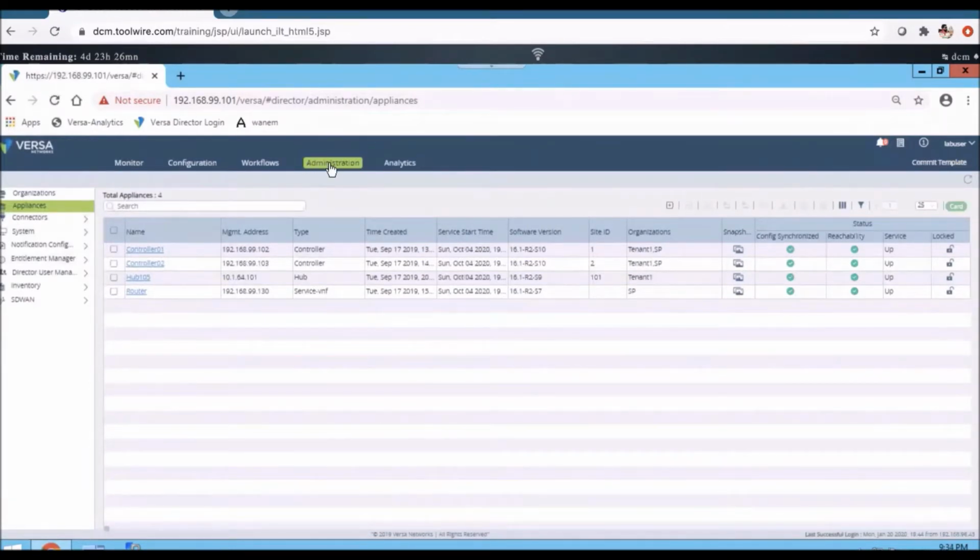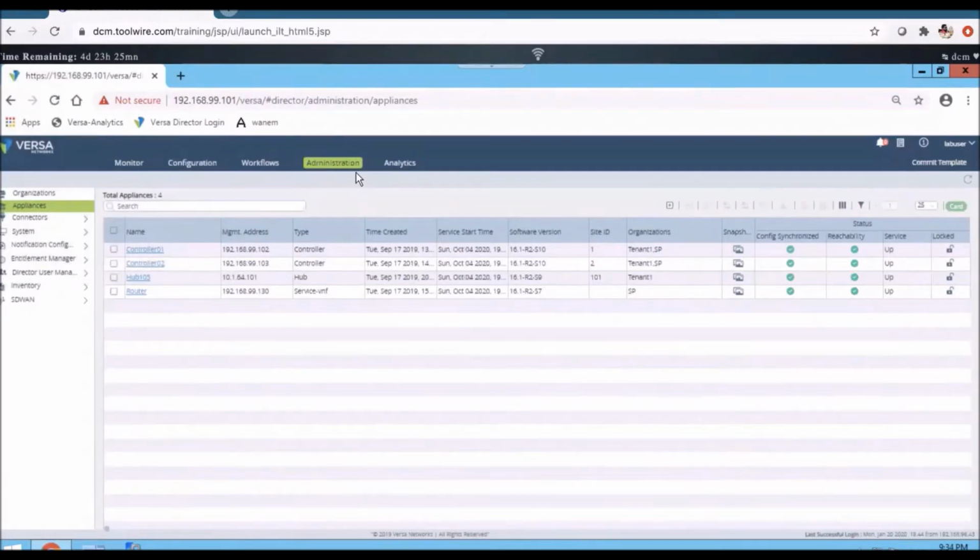When it comes to the analytics outputs, we are going to work under this analytics tab. If I have already integrated director with analytics and I want to see the outputs of the analytics, I can directly click on analytics outputs and see them. When we integrate the director with analytics, we can also make API calls to the director and get all the data.